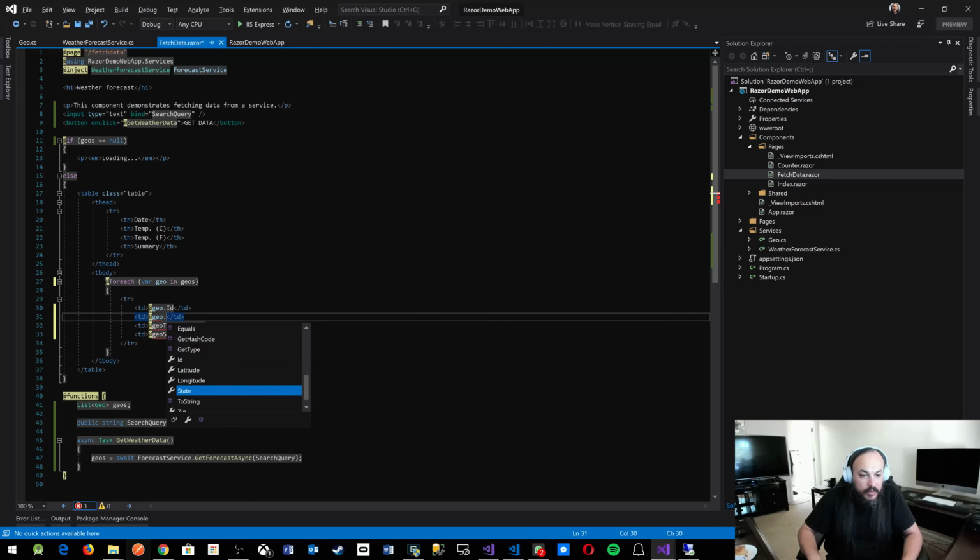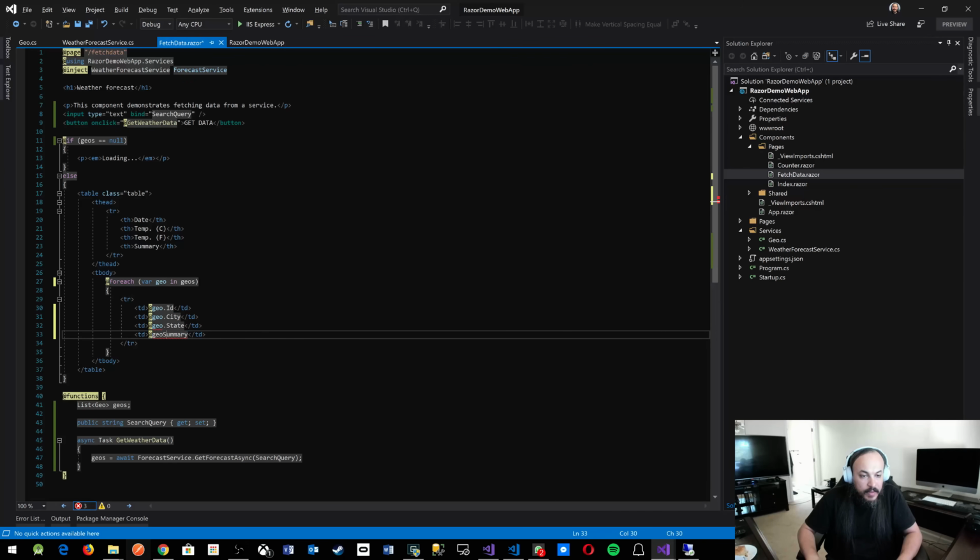What do I want? I want the city name. I want the state. And I want the, I don't know, the zip code, you want longitude, latitude, whatever you want, right? And let's change these things as well. So city, state, and the zip code,